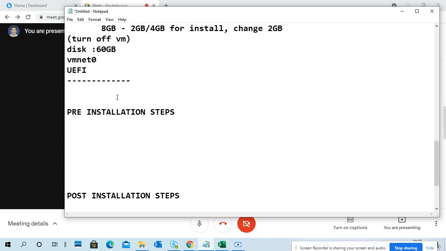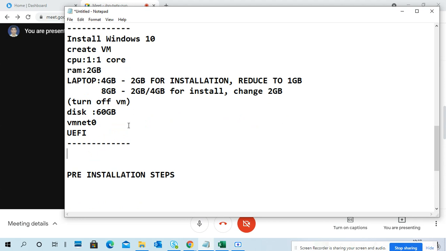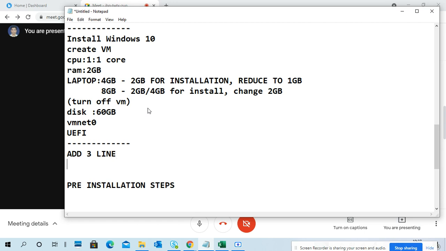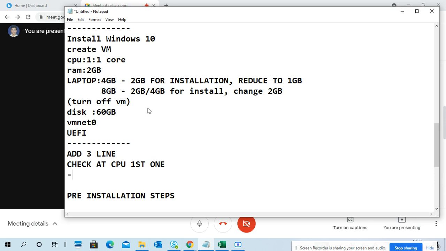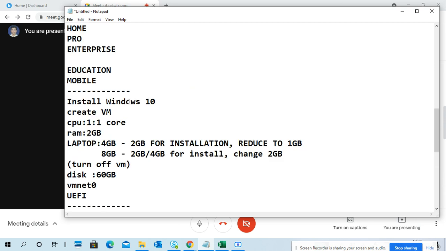Next, we need the Hyper-V feature, so we check the first one in the CPU settings, because I want Hyper-V in Windows 10.